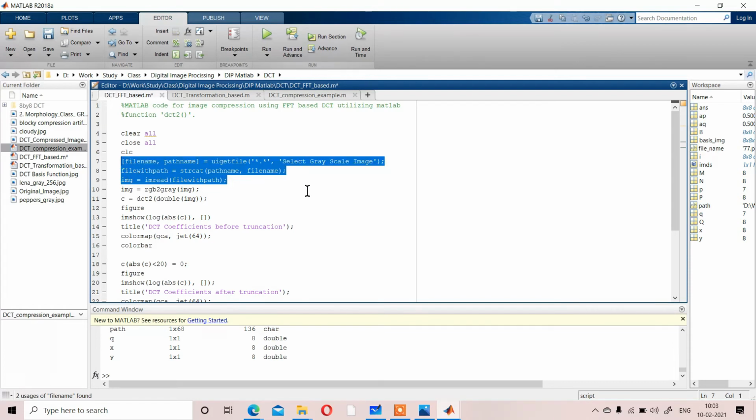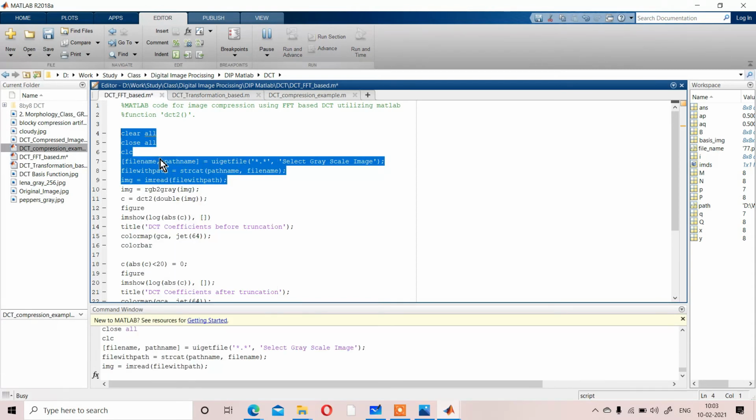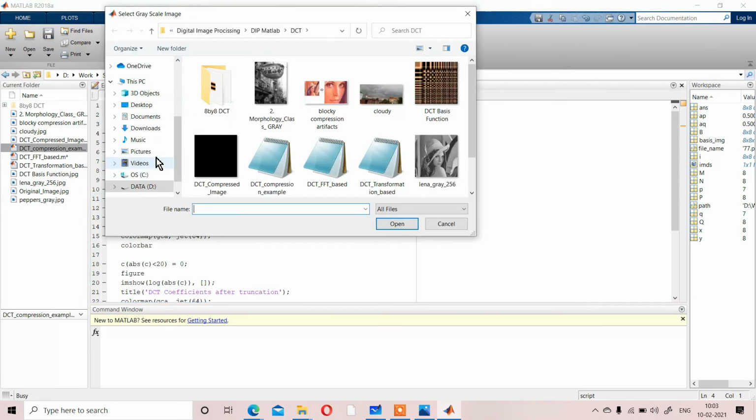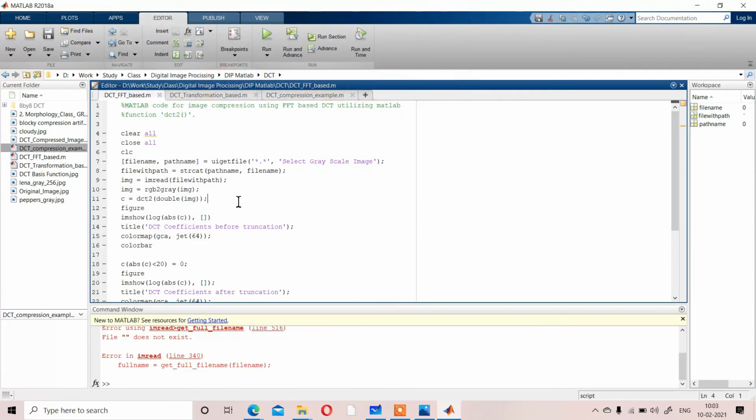That code defines that you can choose any image from the path. Simply if we run up to that code, one path will open. So from that path you can choose any image that you can choose, or simply if you don't want to do that, you can write image equal to imread of simply the path, as you know all. So both you can do here. I have done it here to make it versatile, to choose different images.